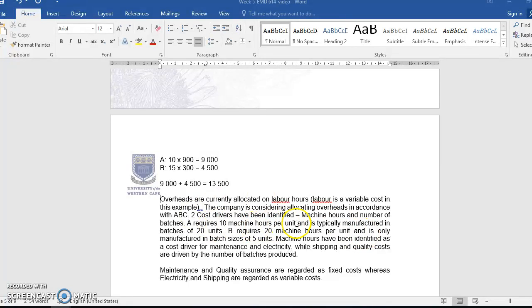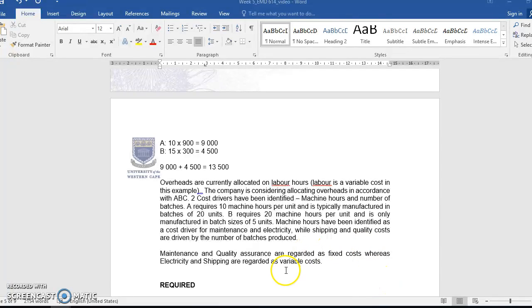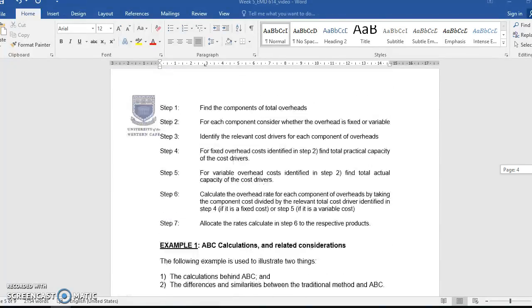A requires 10 machine hours per unit and is typically manufactured in batches of 20 units. B requires 20 machine hours per unit and is only manufactured in batch sizes of 5 units. Machine hours has been identified as a cost driver for maintenance and electricity, while shipping and quality costs are driven by the number of batches produced. Then they say maintenance and quality assurance are regarded as fixed costs, whereas electricity and shipping are regarded as variable costs. Alright, so in this video, let's just tackle the traditional method first,